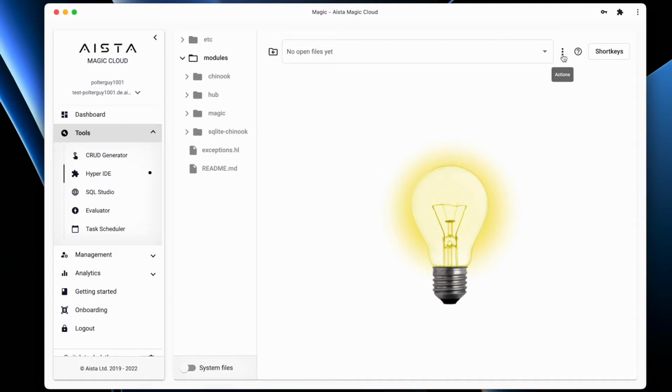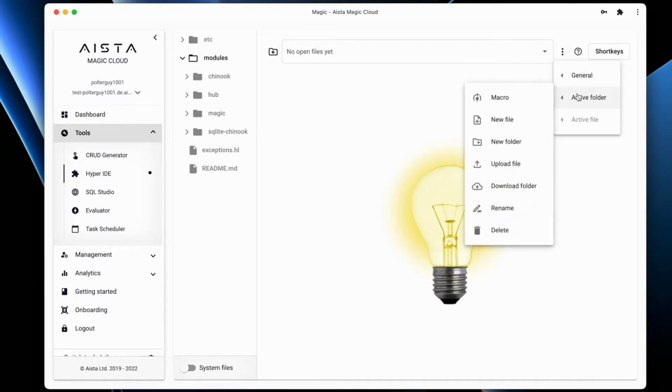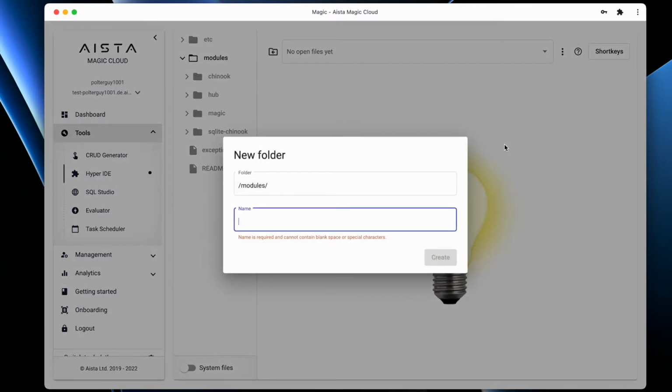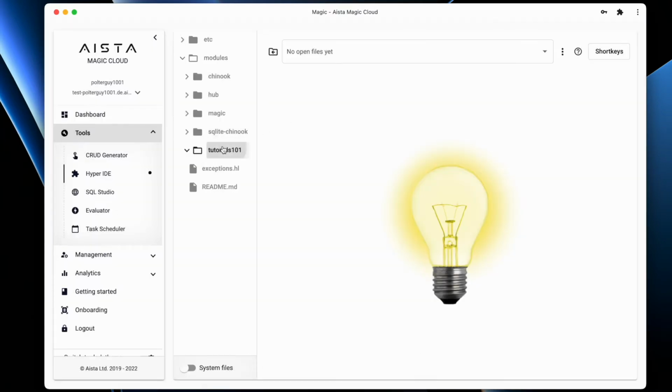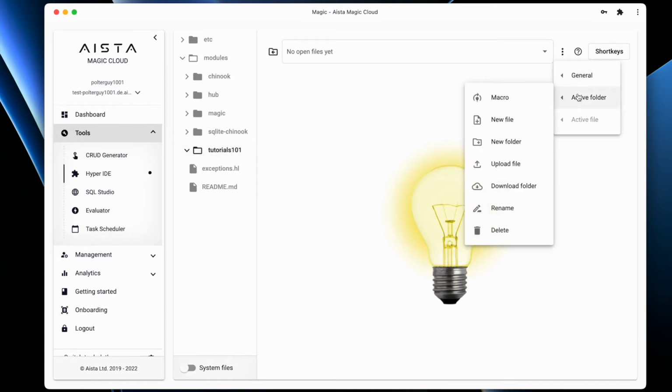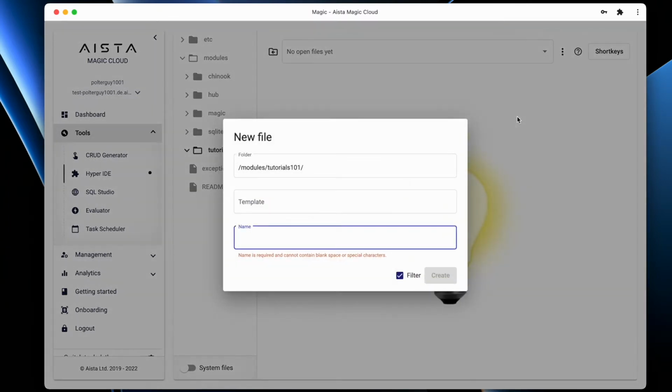Click the Actions button here in the top right corner, choose Active Folder, choose New Folder, and then give it the name of Tutorials 101. Then click Carriage Return, at which point Magic will create a new folder on disk for you. Select this folder, click the Actions menu item again, choose Active Folder, choose New File this time, and this time we want to give our file